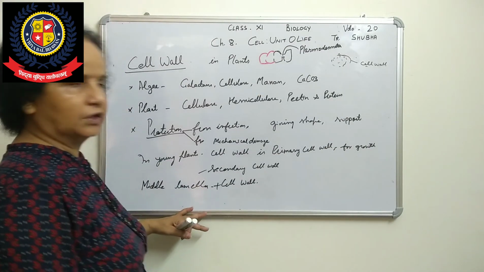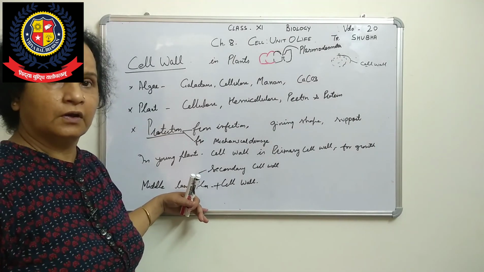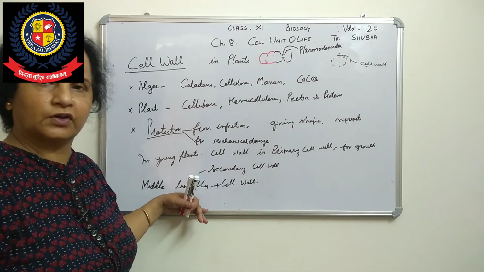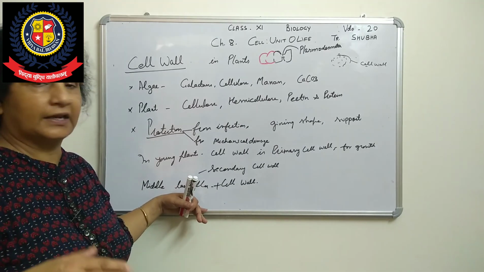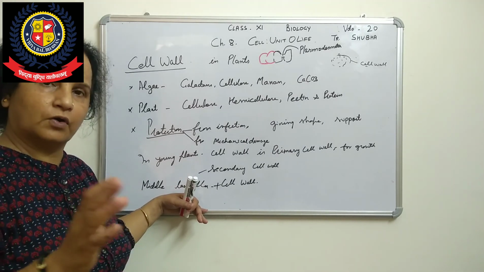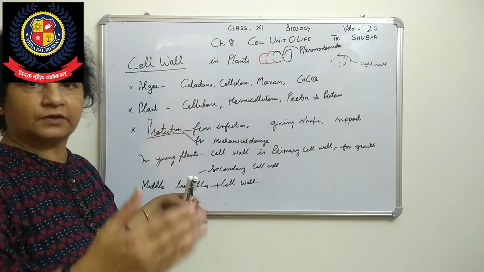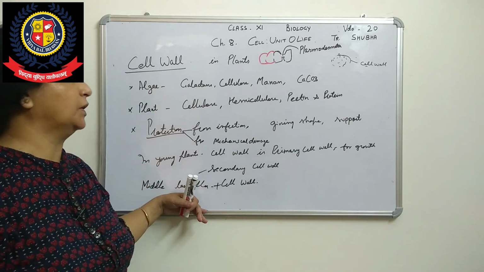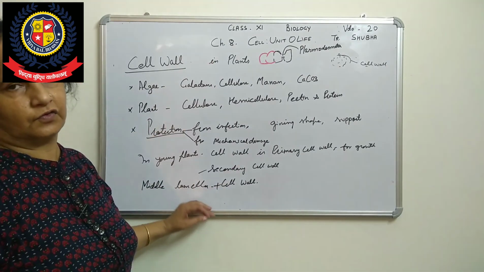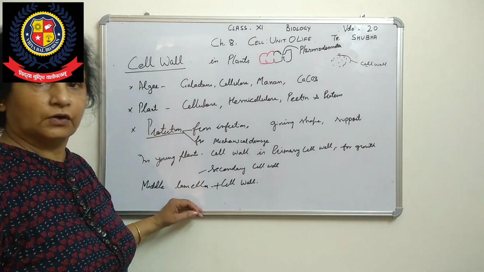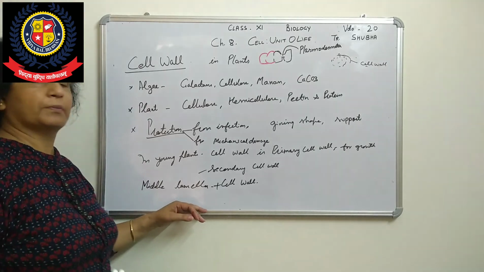So this is it for today. The first is the cell membrane and cell wall. We are talking about the eukaryotic cell, where all the organelles are present. Now that will be in a higher class. In Monera, only bacteria have a prokaryotic cell. Rest of all, from Protista onwards, have a eukaryotic cell. So we are talking about the eukaryotic cell. So, cell membrane and cell wall. Next class, we will start the next organelle, the endomembrane system.